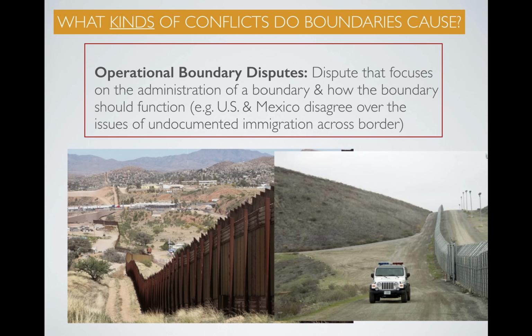It's basically the concept that the two countries are disagreeing over major issues about the usage of this boundary and how this boundary should function, how it should be controlled. You can think of it like two countries having very different concepts of border control. One country wants to have open borders, the other country wants to have, as you see here, the U.S.-Mexico wall, to have the border completely closed off to another group of people.